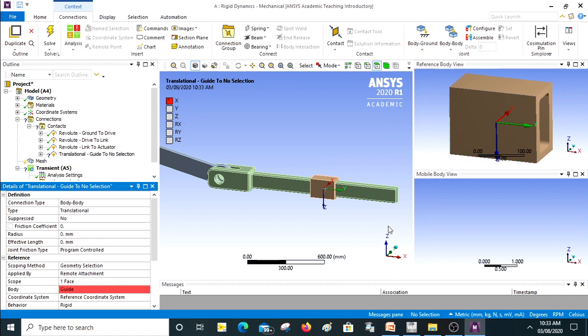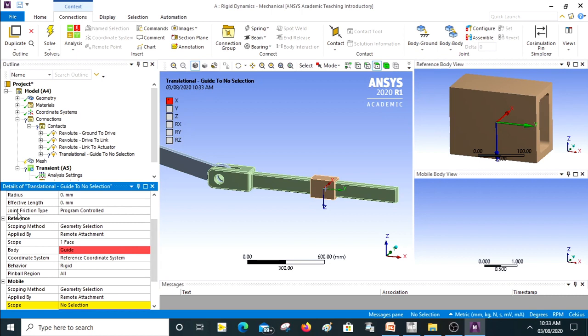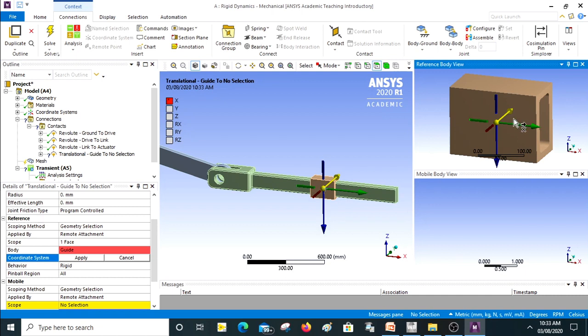Now just look at the global coordinate system over here. So look at the x. It means if I say it is going to translate in the forward and backward direction, my x-axis also should be same as the global coordinate system. I have to reorient it. So how can you reorient it? Just go to coordinate system, select this. I will select the x-axis first, then I will make it to the y orientation.